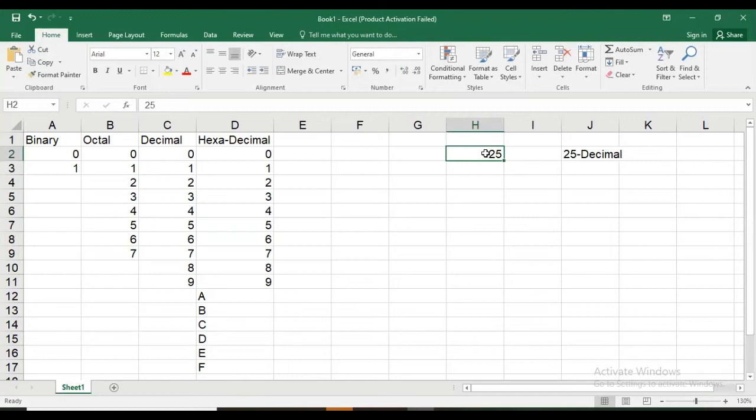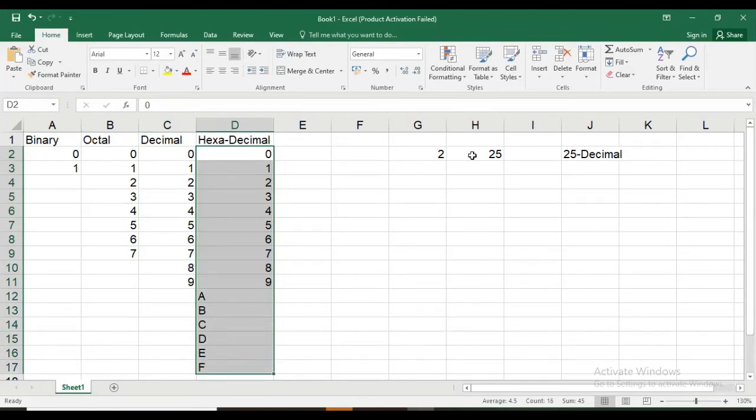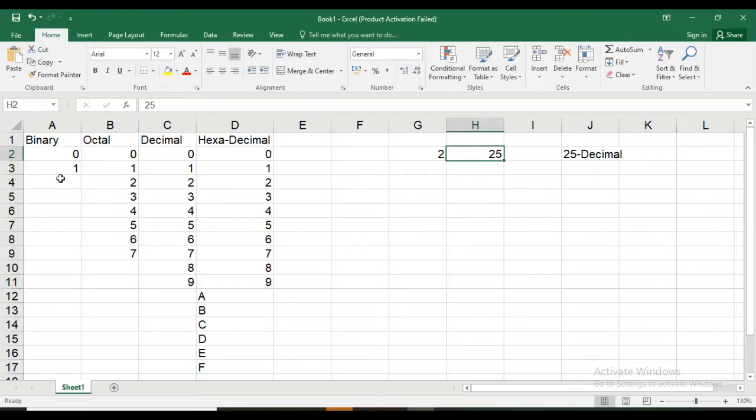When we are converting one number system into another, we have to divide that number by the base of the number system into which we want to convert it. The base of the binary number system is 2, since we have two symbols here. In octal, the base is 8, because 8 symbols are there. In decimal, we have base 10. In hexadecimal, base 16. So this is a decimal number, and we are going to convert it into binary, so we are dividing it by 2.